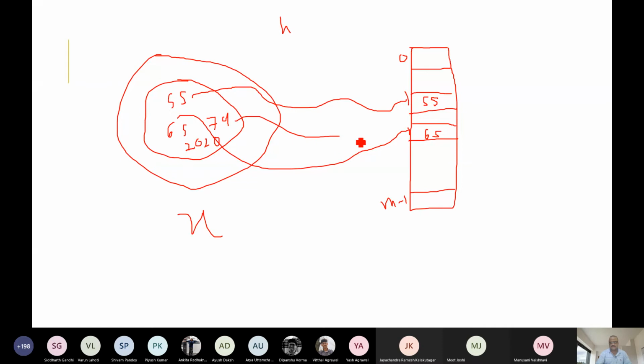Now 79: suppose it hits a collision, going to the same slot as 55. Earlier we used to have a chain, 55 and then 79, using some extra memory outside the table, but now that is not allowed. Now tell me how to insert 79.